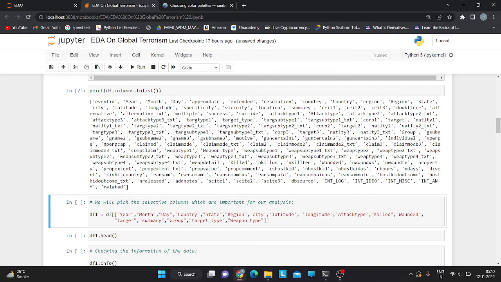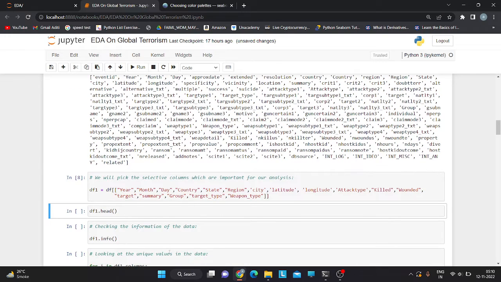As I said, year is important, month, day, country, state, region, city, these are very important for our analysis. Let us run this cell. Let us first see the first 5 rows by